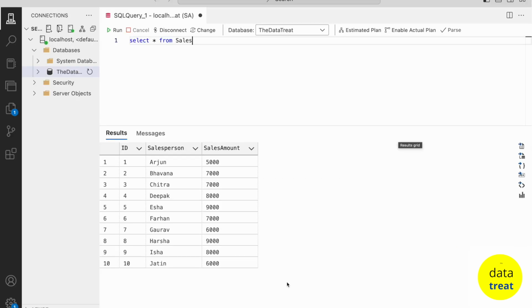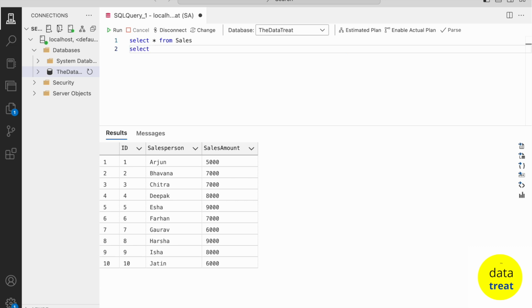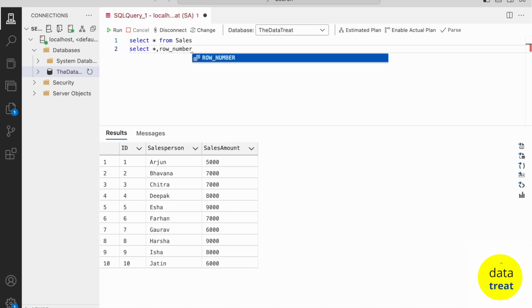I'll write the query for the ROW_NUMBER part. The syntax is like: SELECT *, for all columns, comma, ROW_NUMBER() OVER. I have to specify how I want to assign a serial number, based on what?